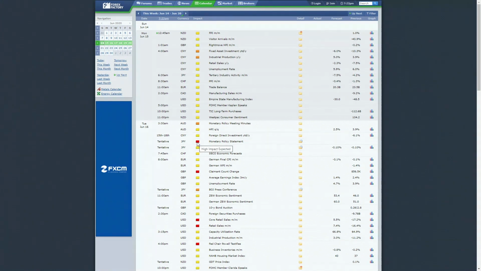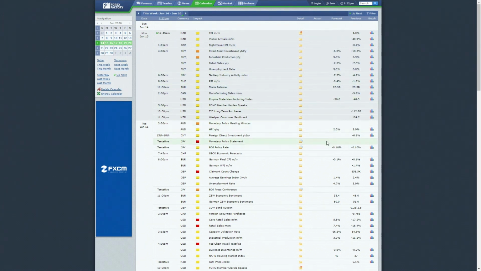Sometimes a red or high impact event won't have any impact in the market, and sometimes an event marked as light impact can have a huge impact in the market. So just keep that in mind. Then we'll get to the details just now. Then we have the forecast column, which is obviously handy to see where the consensus is aimed. Also keep in mind that the consensus here probably isn't going to be as accurate as some of the paid versions, because we're not sure where they get that forecast information from. And then very handy is to see the prior reading for these events as well.